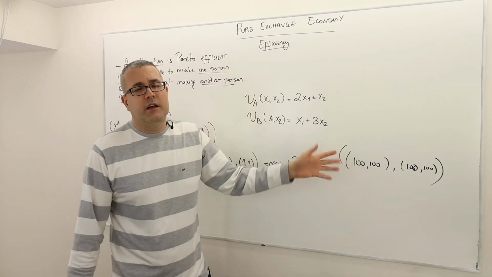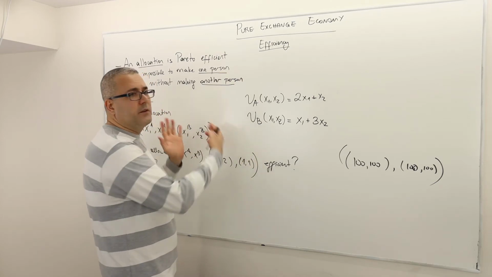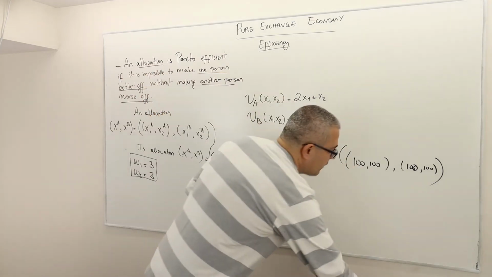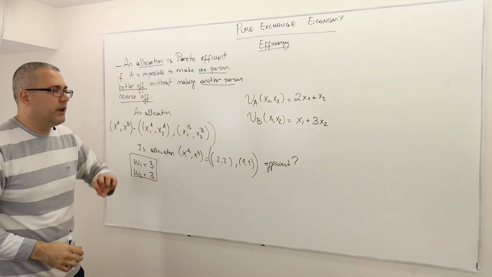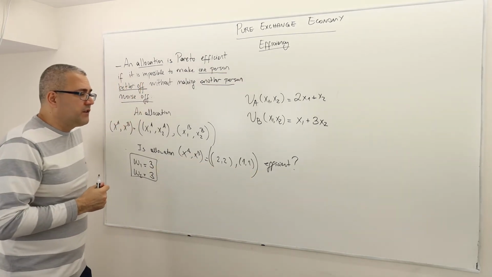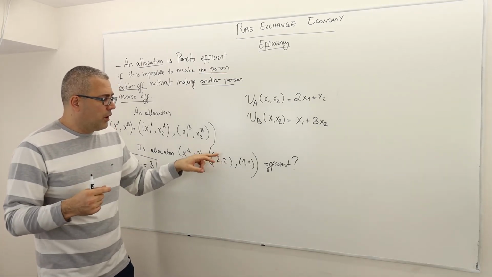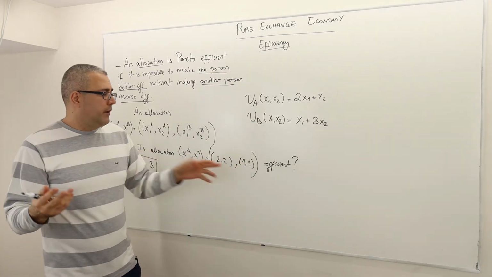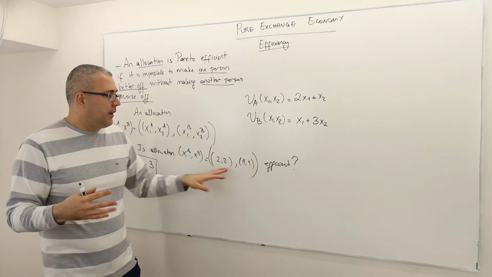This allocation is out of the question. So you can't say it is possible to make both agents happier, because this is not possible. We eliminated this by putting some limit on how much good 1 and good 2 is available. Well, the question is, is this efficient? That question still remains. Obviously, I cannot give more of good 1 and good 2 to agent 2, Bob, and make agent 1, Anita, happy.